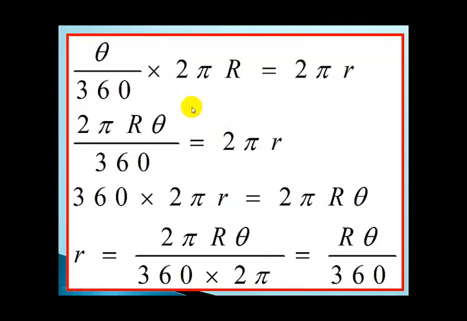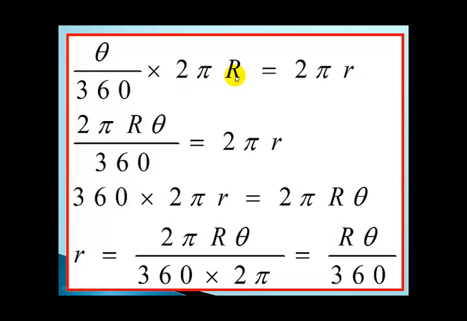Now, we said that the length of the arc AB is equal to the circumference of the circular base. The length of the arc AB equals the circumference of the circular base. Now, how do we find the length of an arc? It's theta divided by 360 times 2 pi r, where r is the radius of the circle from which the sector